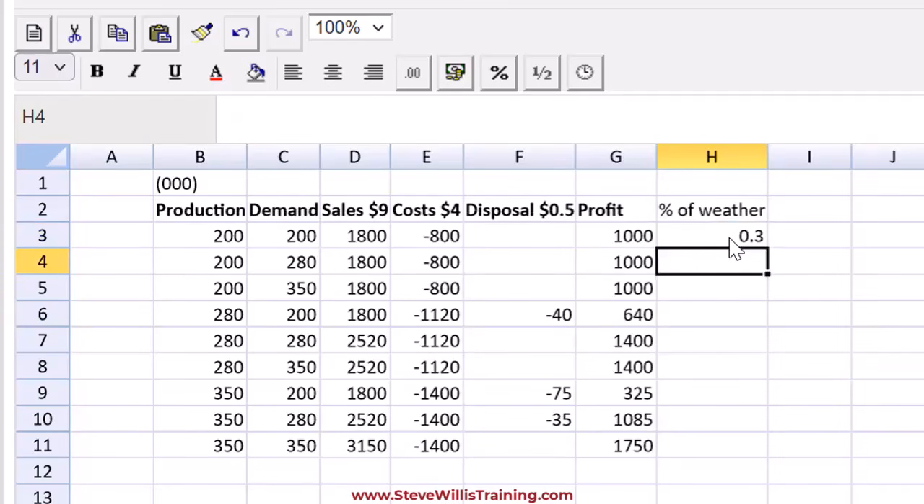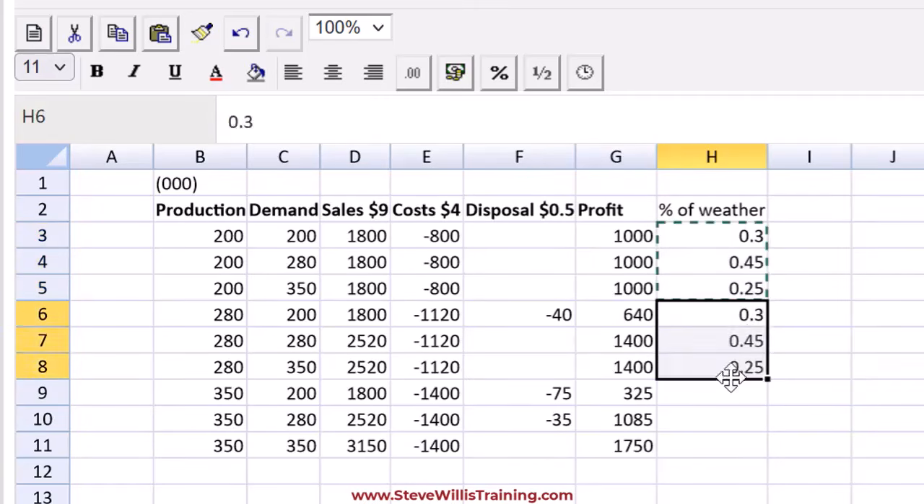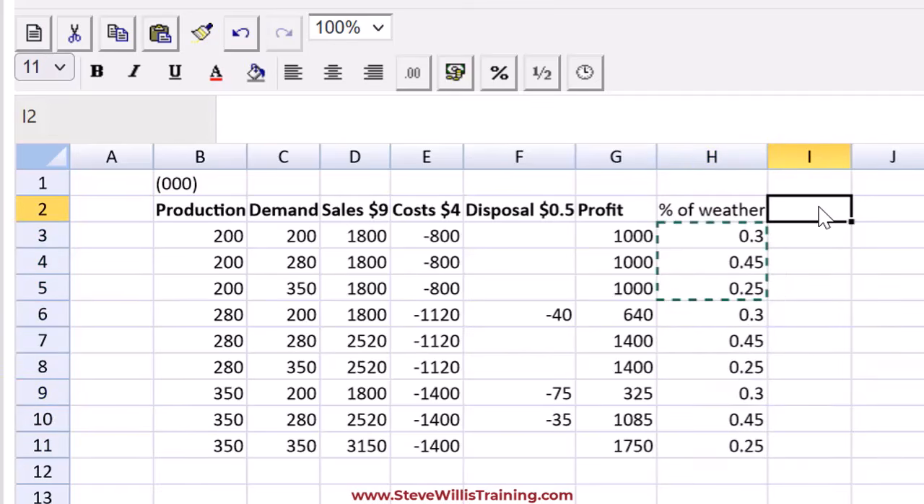Medium weather, 45%, so 0.45. And good weather would be 0.25. Okay, now let's save some time. Copy, paste, paste. Okay, now if we do profit